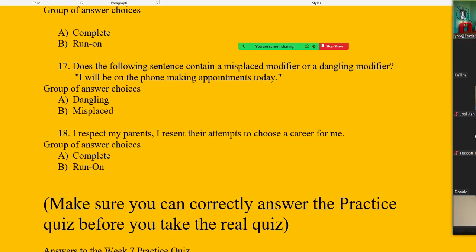It's a run-on because you've got subject, verb, object. That's one sentence. Subject, verb, object. That's another sentence. And when you have two sentences, you usually have to have a period. Or you could go like this. If you add and, that's also correct, because then suddenly it becomes fanboys, and it becomes a compound sentence. But if you go like this, that's not correct.